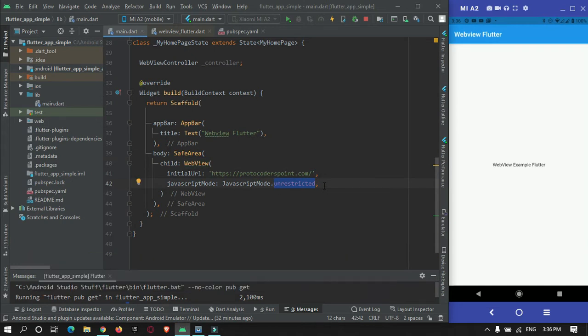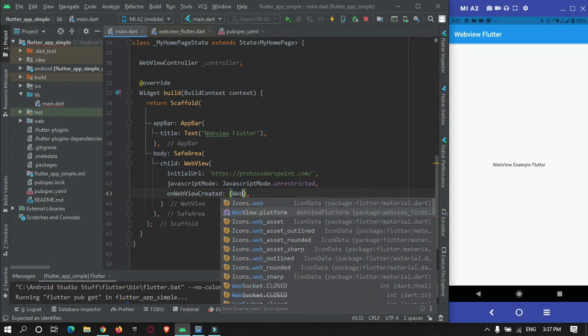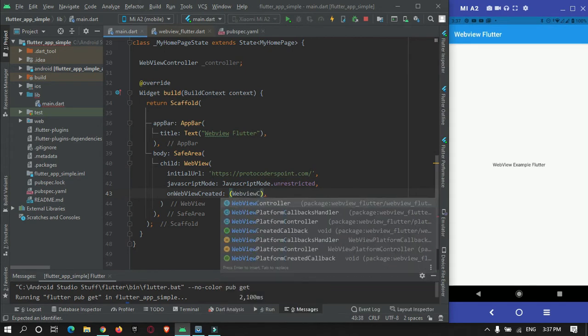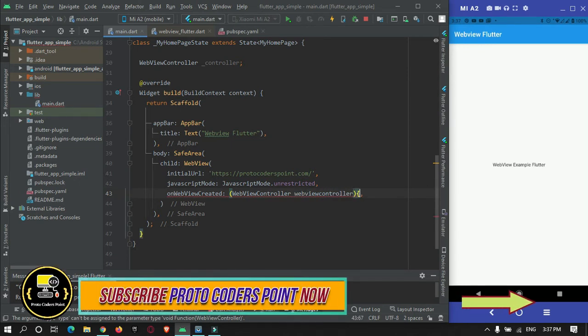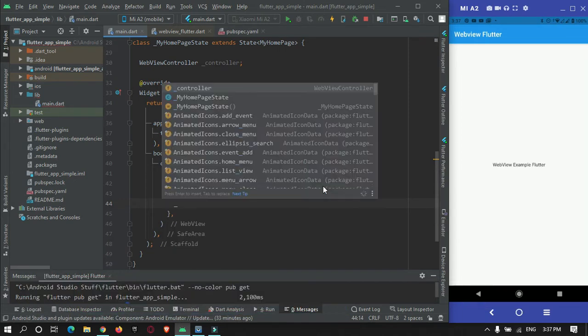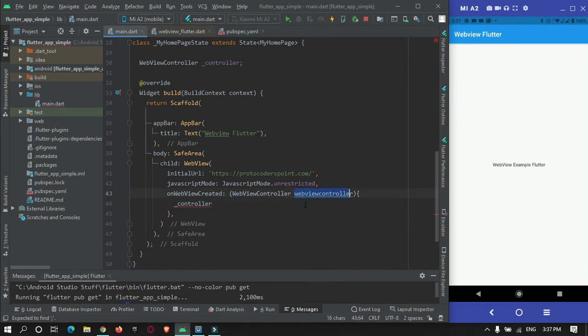And then afterwards, use onWebViewCreated, create a web view controller object, and set this web view controller to your WebViewController object.